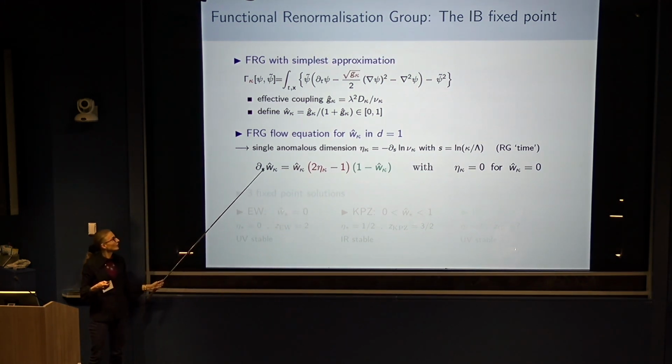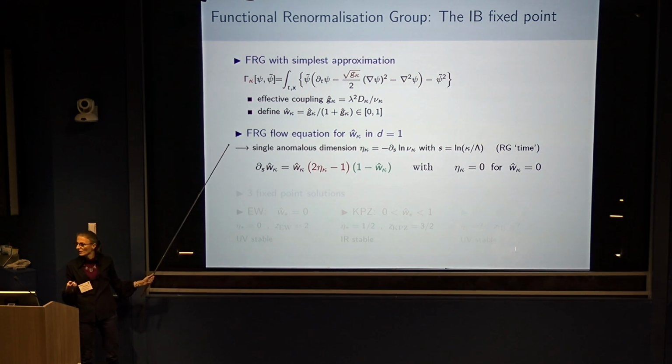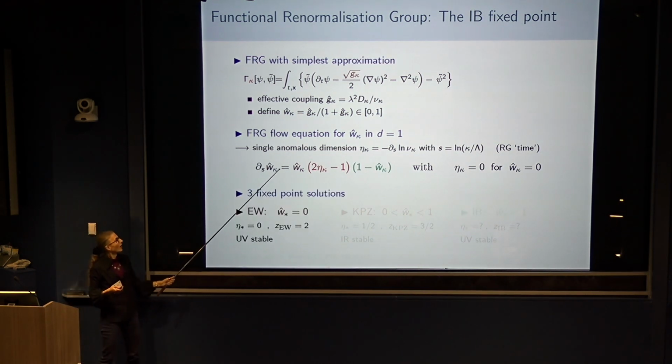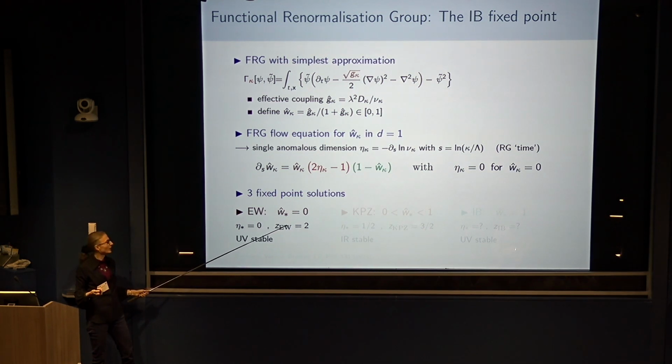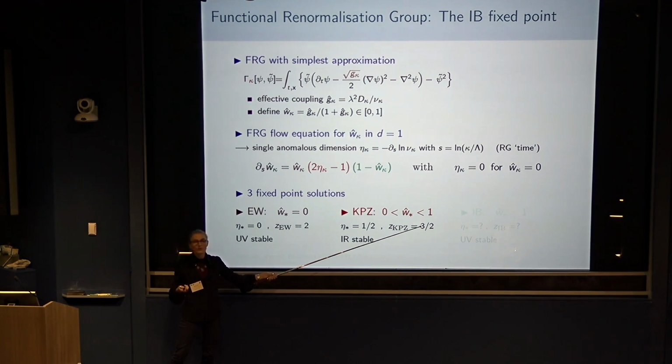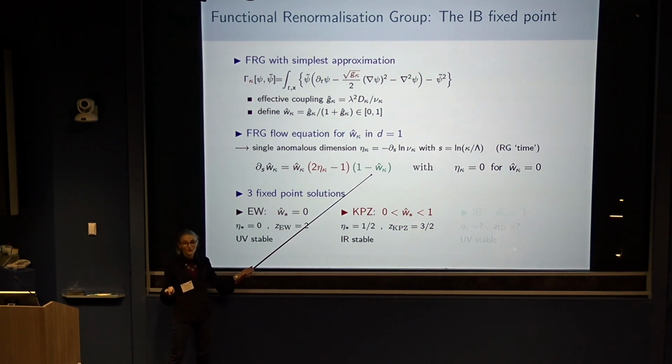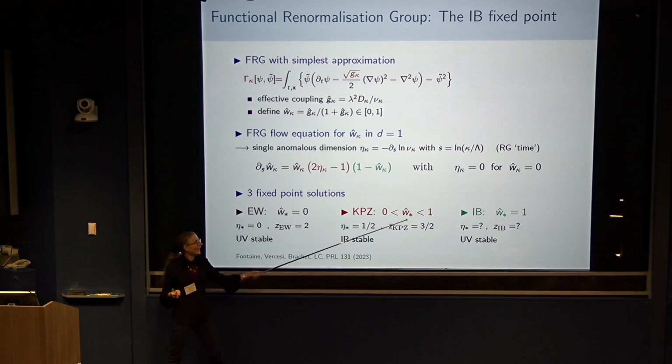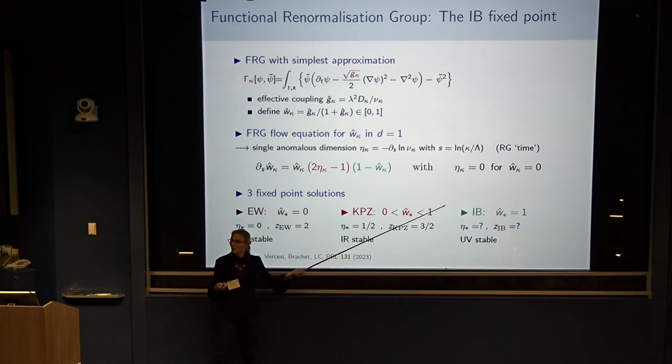But clearly, if you look at fixed points, meaning this term is 0, there are 3 solutions. Either this term vanishes, and then this is just Edwards-Wilkinson, and it's UV stable. Or this term vanishes for omega W being non-zero or non-1, and then, in fact, this is a KPZ fixed point, and the exponent is fixed exactly by the symmetries. So you recover the super diffusive behavior. But you clearly have another solution, which is W equal 1, and this is the inviscid Burgers fixed point.